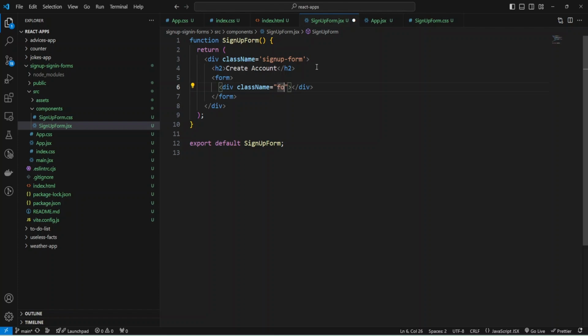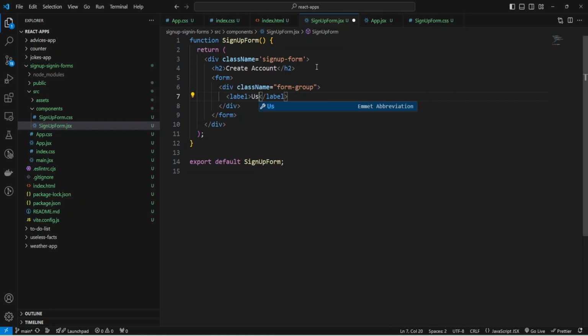And I'm going to add a form group, and inside the form group we need a label, and htmlFor. I will not provide this htmlFor, and the first input will be username, and mark it as required.